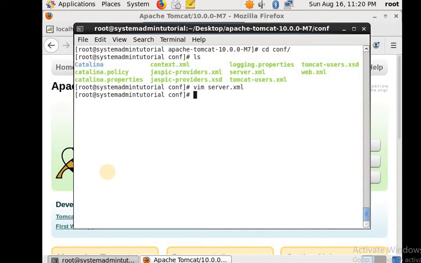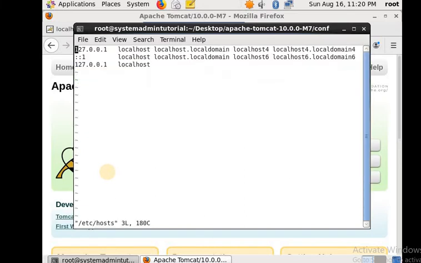Next, because we don't have the domains website1, website2, website3, we'll go to /etc/hosts file. Here we'll provide our IP address, because this is a localhost.